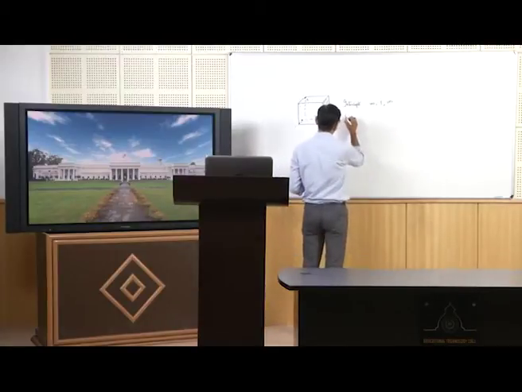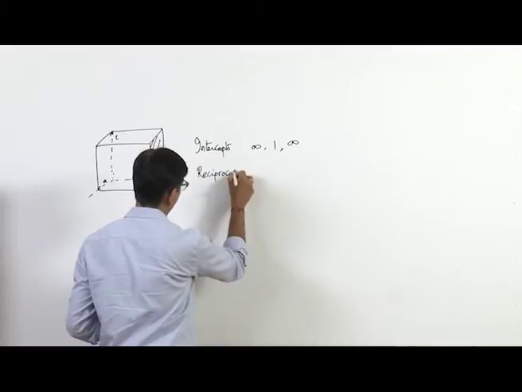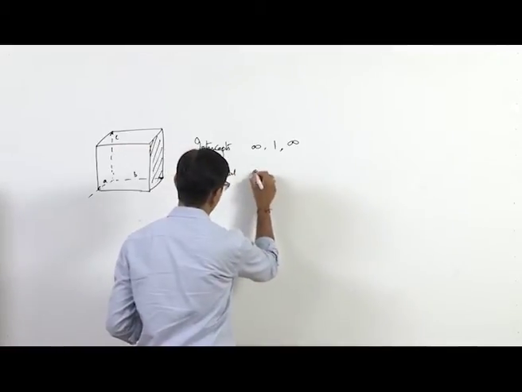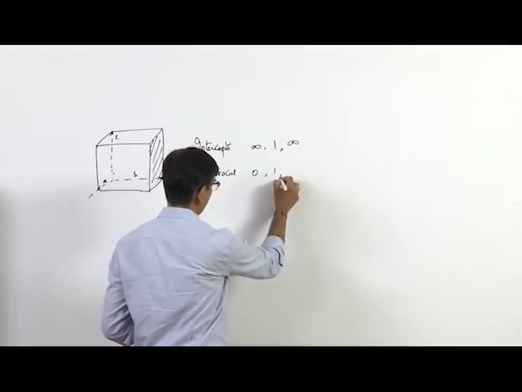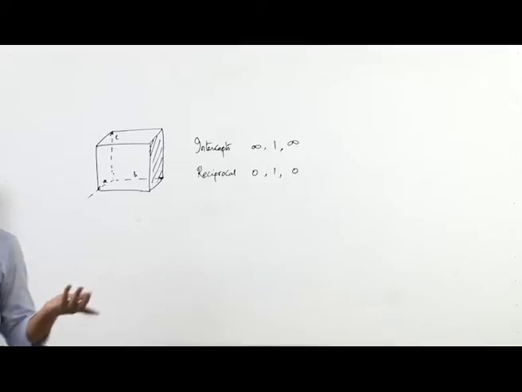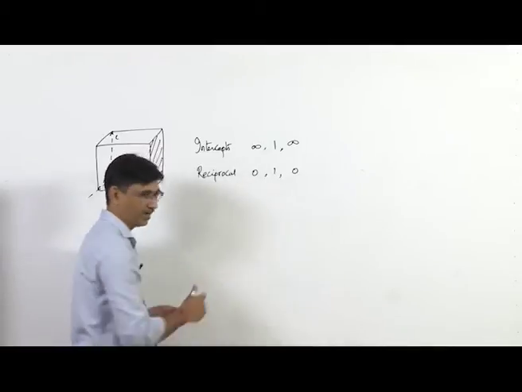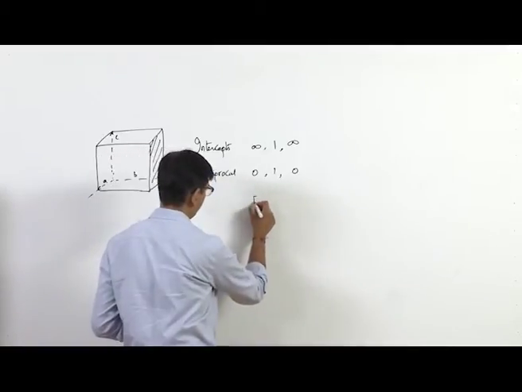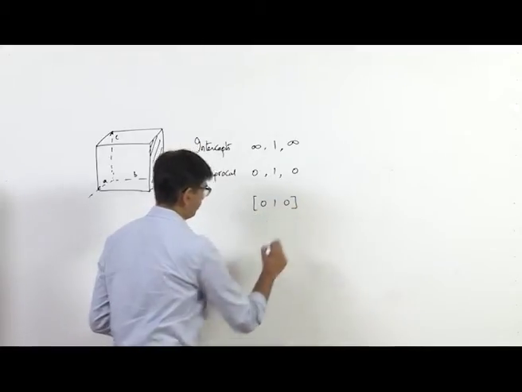So when I take the reciprocal here, this infinity becomes 0, obviously 1 will remain 1, and again this infinity becomes 0. Now, in this case, because all are integers, I do not have to do anything. This will remain like this, and I can write finally what the indexing will be for this particular